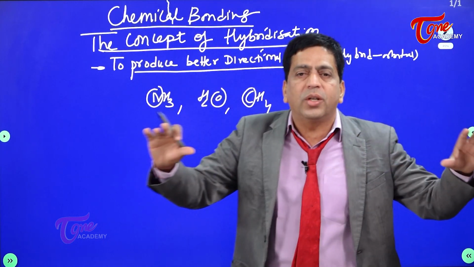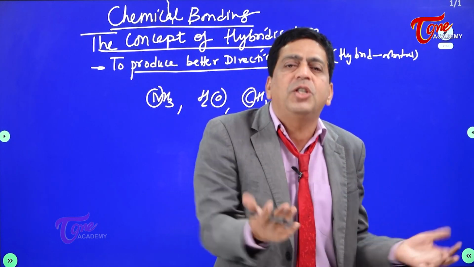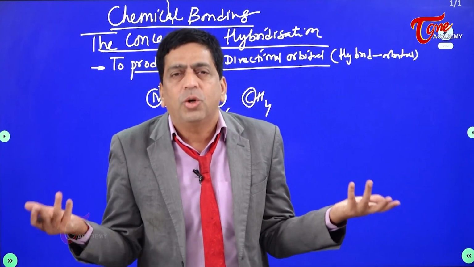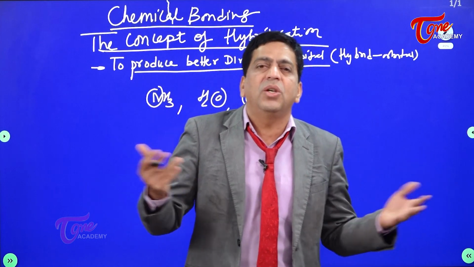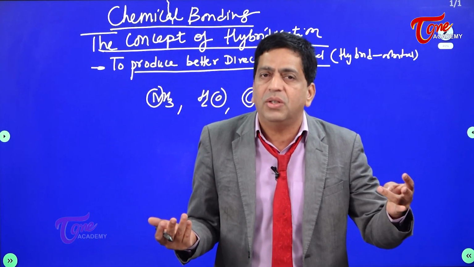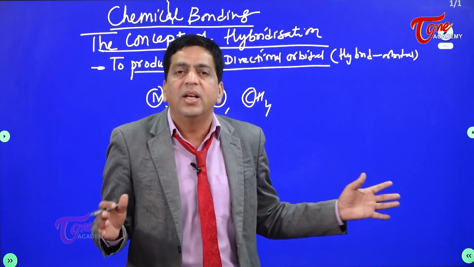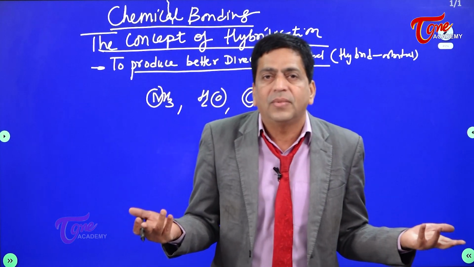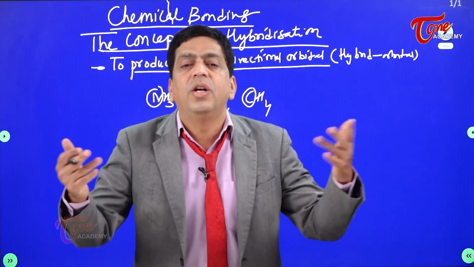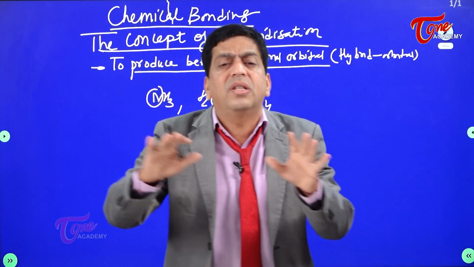So three compounds are given to you, and I want to know in which atom which hybridization is taking place. As I said, the intermixing of atomic orbitals can be 1s1p, 1s2p's, or 1s3p's. Which type of hybridization takes place in these molecules is what we need to discuss. How do we know in advance? That is for the student who is writing the exam.